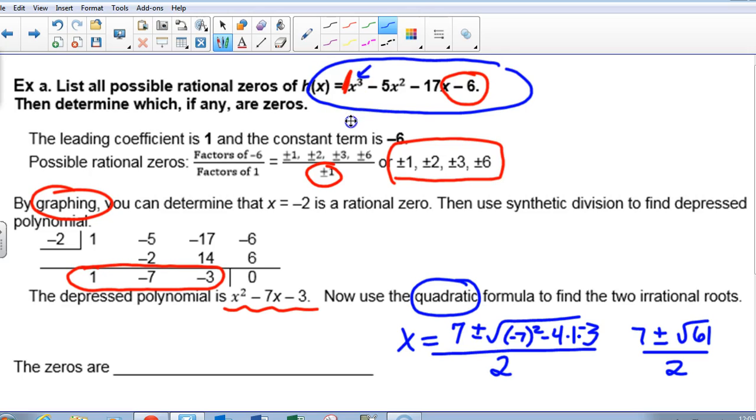Degree 3. It should have 3. Anybody paying attention here? I feel like this is a pretty easy question and no one's getting where we're going here. What was a 0? We graphed it and found negative 2 was a 0. And then we found the other 2, which were